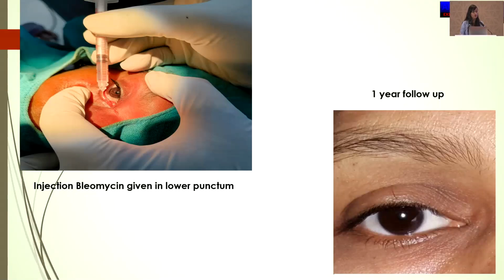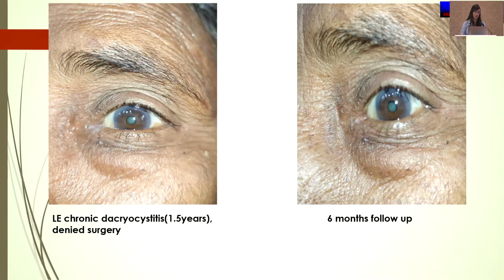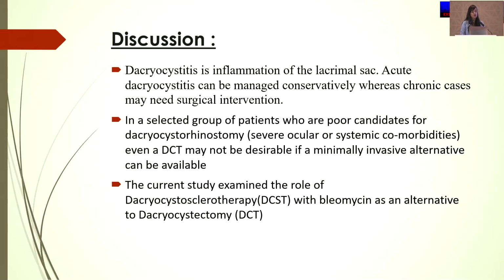Injection bleomycin was given in the lower puncta, and after 1 year follow-up, we can see there was no regurgitation or discharge. This was another case with left-eye chronic dacryocystitis who denied the surgery, and after 6 months, there was no discharge or regurgitation. The current study examined the role of dacryocystosclerotherapy with bleomycin as an